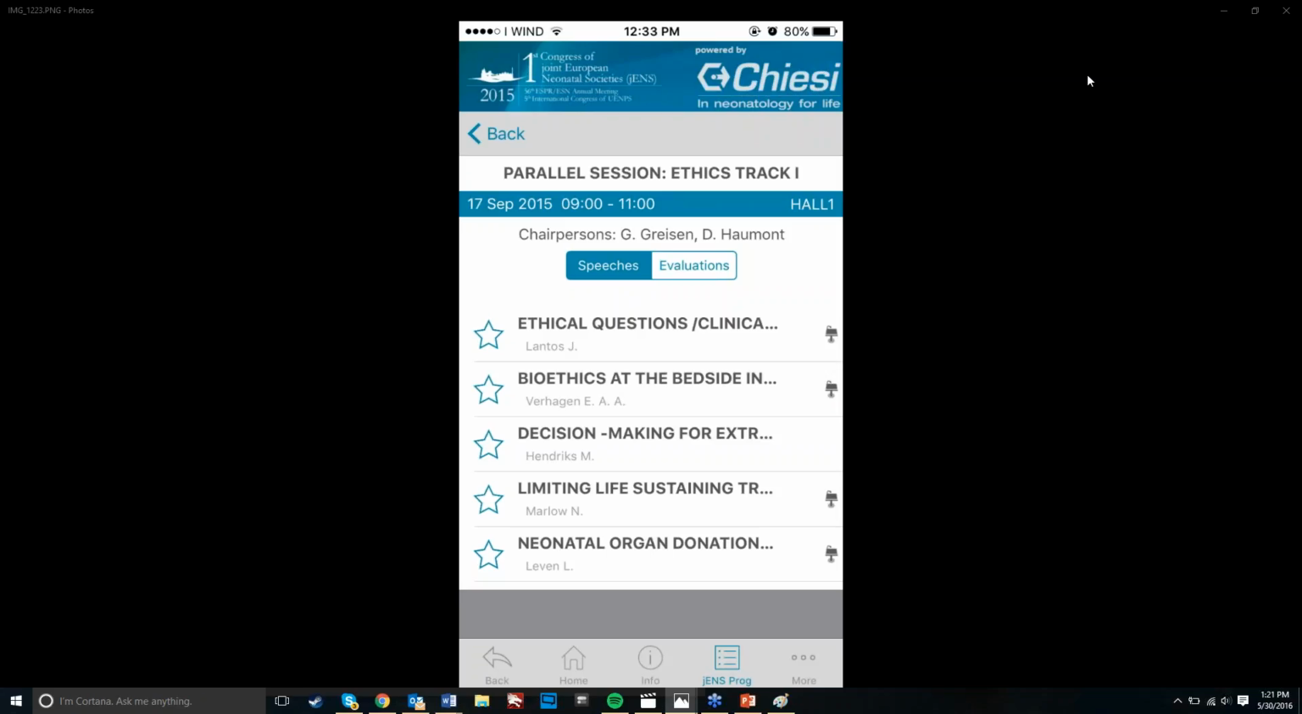As you can see here, it went to the next. As soon as I clicked that arrow, it broke it down. It let me know that I can go and view the speaking engagements that are part of this Parallel Session Ethics Track 1. And it showed me that I can go through each and every speaker, such as Lantos J or Verhagen EAA. And in this, I'm able to see who's speaking, what they're speaking, the title of their speech,